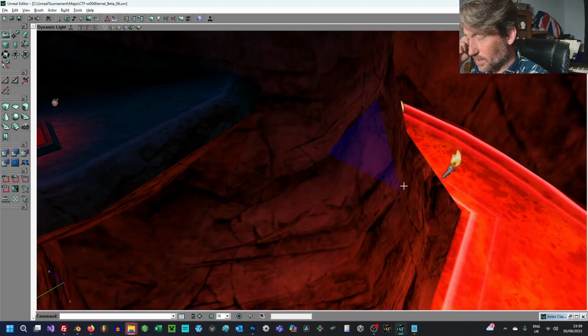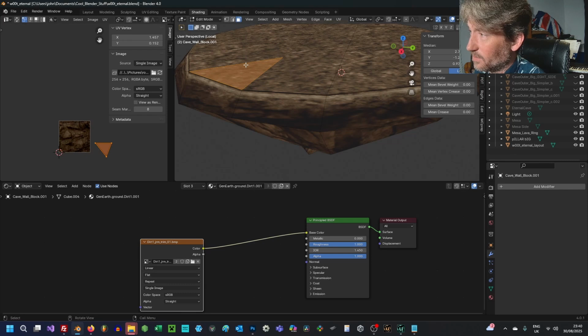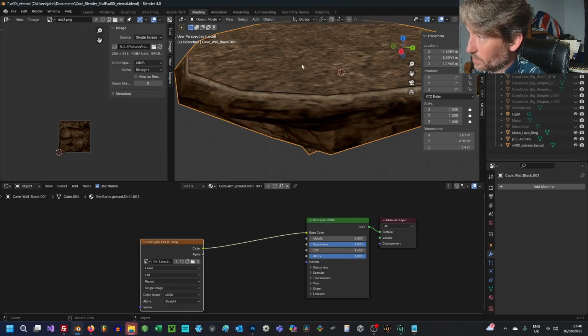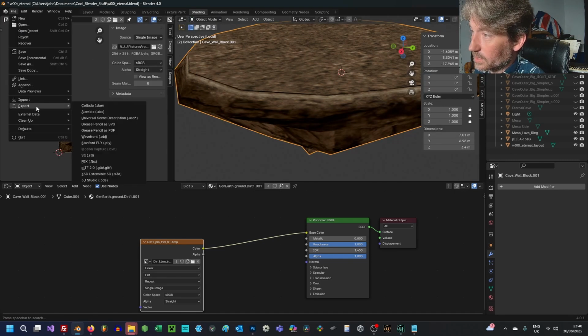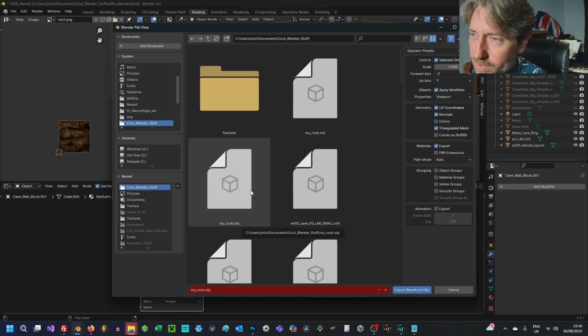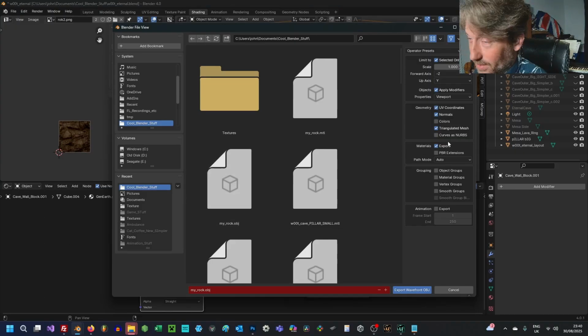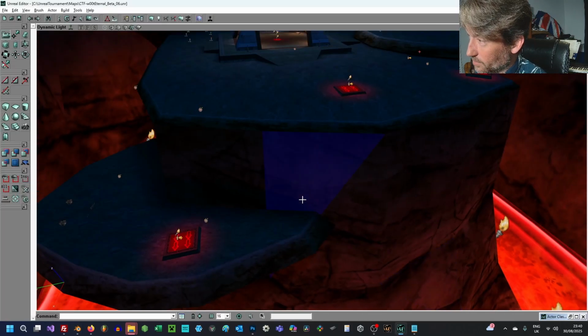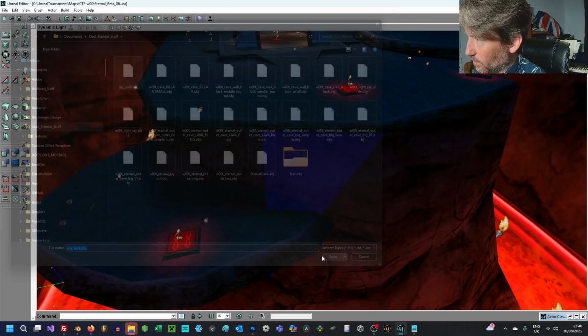So yeah, that's it. All you need to remember is, in Blender, make sure your object's selected and you're in object mode, then File, Export, Wavefront OBJ. You can select triangulated if you want; otherwise, Unreal Ed will do that for you anyway. Export the materials, as that keeps the names on there. If you name the textures correctly, that will show up in game when you bring it in. And then when you do Brush, Import, just pick your object, import,